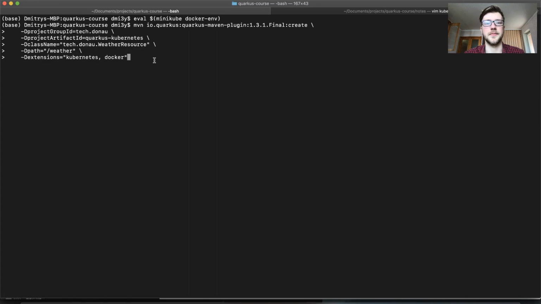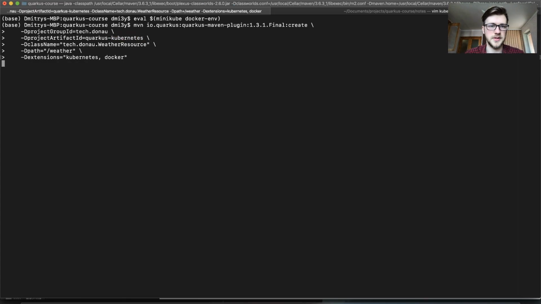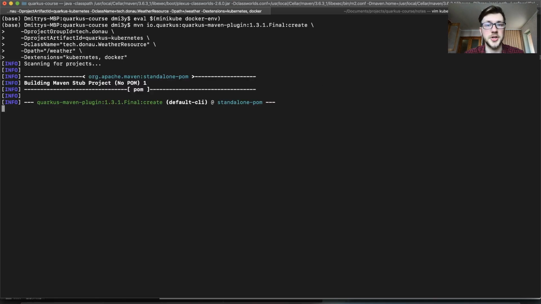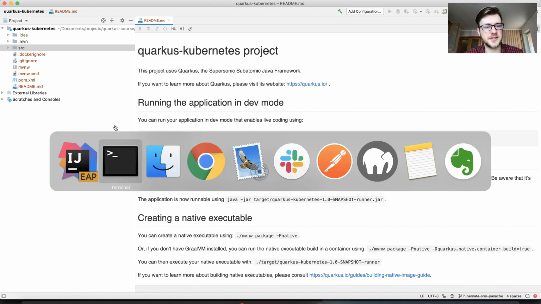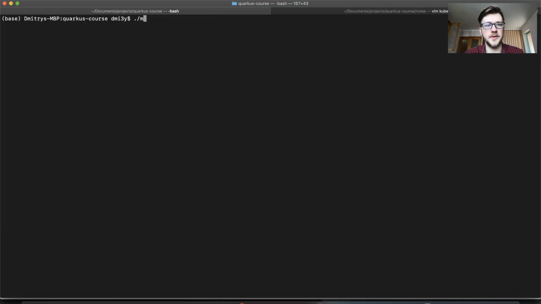So let's start our app. Let's create our app. Nothing special. We have two extensions, Kubernetes and Docker. The only difference is that we have Quarkus Kubernetes instead of Kubernetes, because if you use Kubernetes, this will screw up a lot of stuff in your app. So let's create a project and open it in IntelliJ IDEA. All right, so the project is opened,